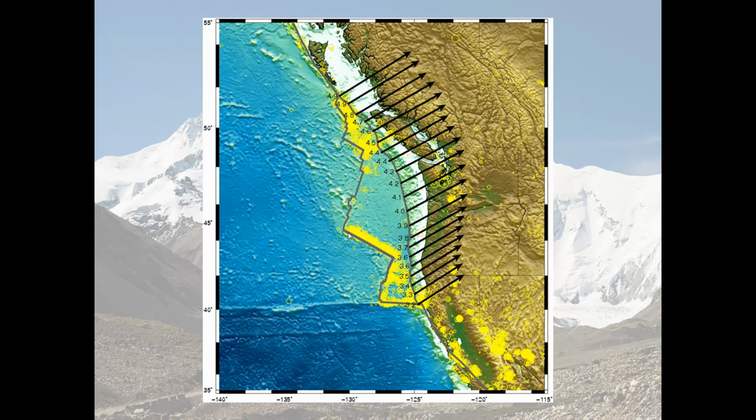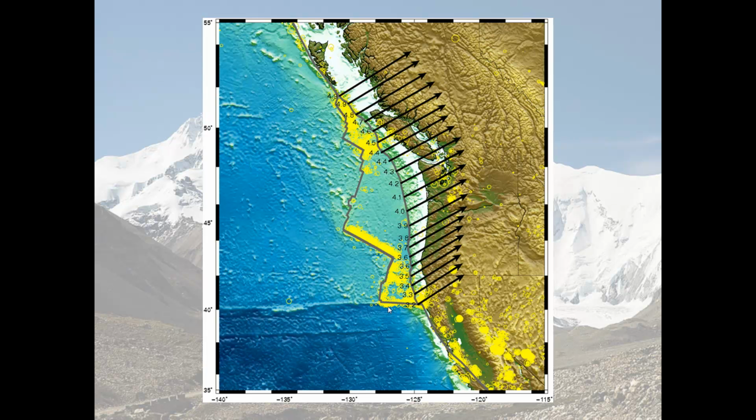And I say that because apparently it is being subducted, or it's slipping underneath the North American plate, very slowly to us, at a rate of 3.2 to almost 5 millimeters per year. 5 millimeters is probably half the length of your fingernail or something like that. So it's moving very slowly to us, but over hundreds of thousands and millions of years, it's pretty fast, and it's being gobbled up.